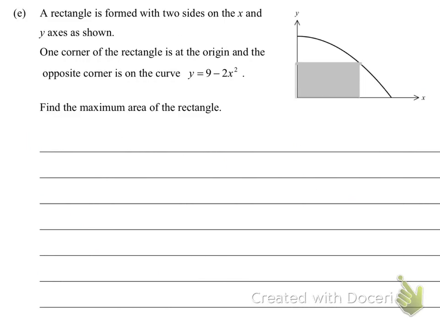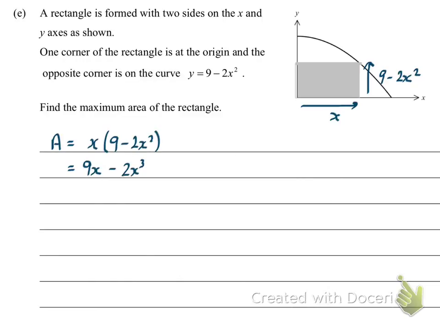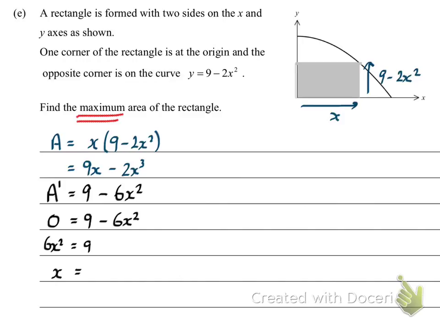For this one here, we want to find the maximum area of a rectangle. Well, if the base is x, the height must be 9 minus 2x squared, so the area is base times height. Multiply that out. Once you've got that, you're on your way to excellence, because you should know you want the maximum, differentiate it, make it equal 0, solve for x, change side, change sign, square root your answer, your plus or negative